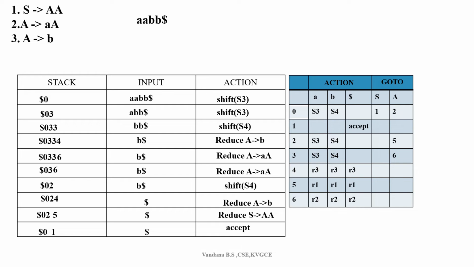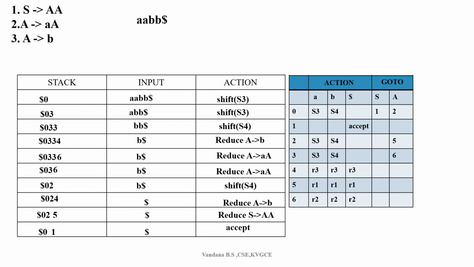In the action part, let us consider we have a state. On seeing the state and the input, if it is a shift move, what do we have to do? We have to push that particular number onto the stack, as well as increment the pointer in the input buffer. That is for the shift move. Whatever the number in the shift move, we push it onto the stack and increment the pointer. But if the action in the table is a reduce move, you reduce with that particular production number. But how many symbols in the stack do we have to pop out? That is the question.